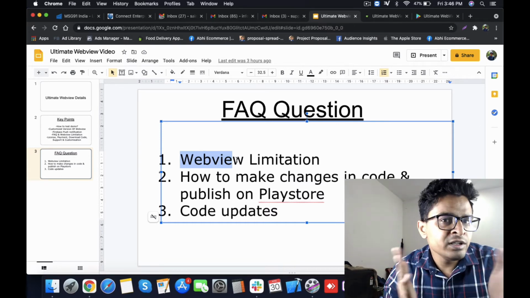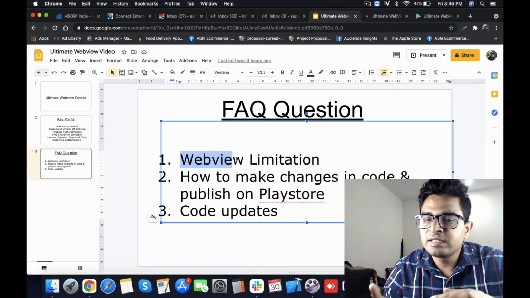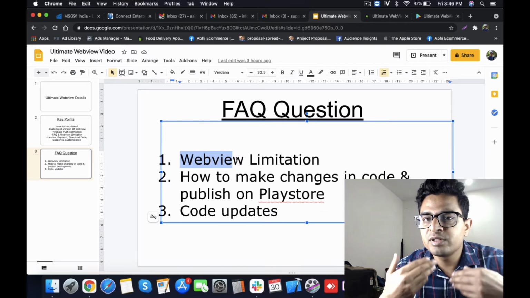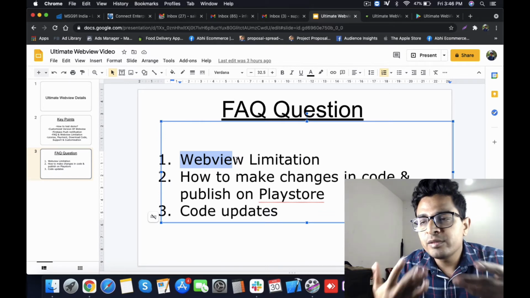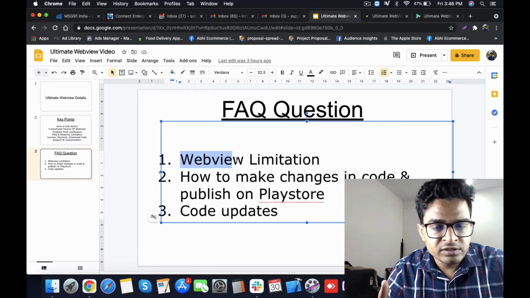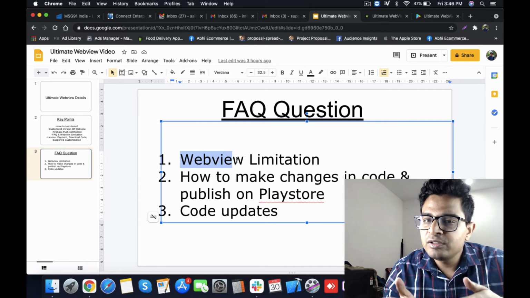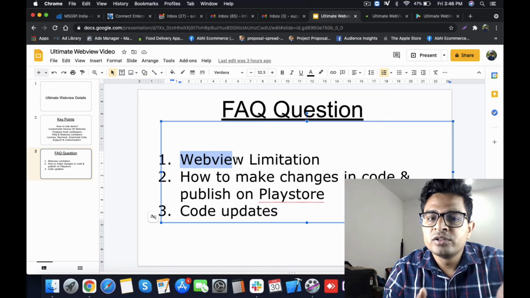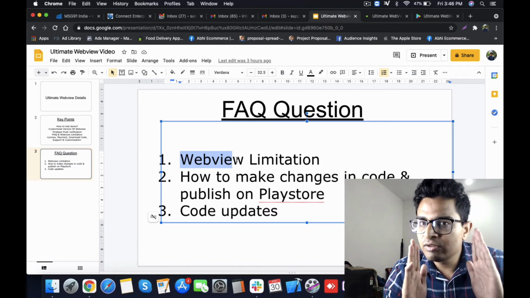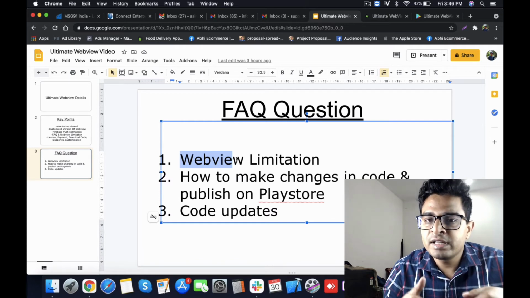A website is converted into an Android app, but it has limitations. For example, if your website has a custom form where customers upload images, or some kind of mic permissions where customers record something on the website, such functionality won't work inside a WebView. For that you will have to create a custom app. So WebView has a limitation, which is why it is recommended that you first test the demo, and only after testing the demo you purchase it.